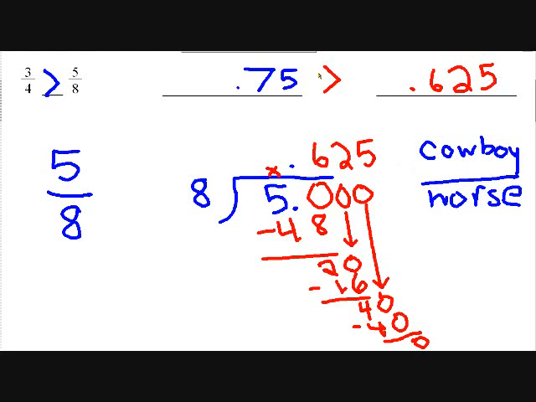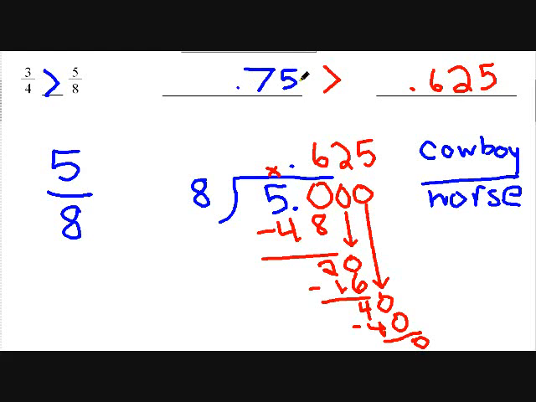Well, now hang on. Is this right? We just said 0.75 is bigger than 0.625. 75 seems like it should be a smaller number than 625. So a lot of people will look at this and say, oh, I must have done it wrong, and turn the greater than sign around into a less than sign. But you have to remember,